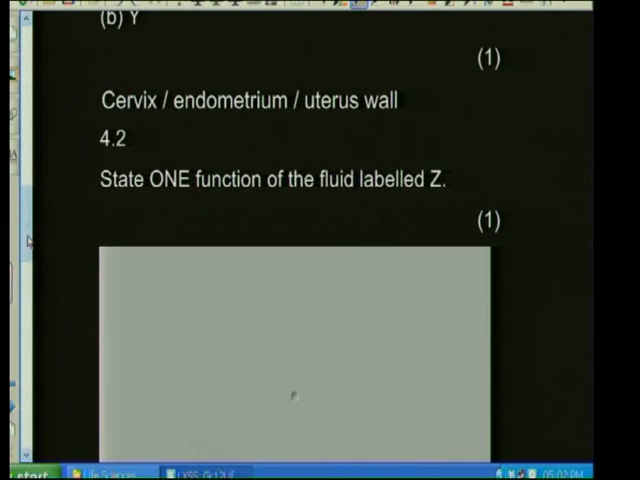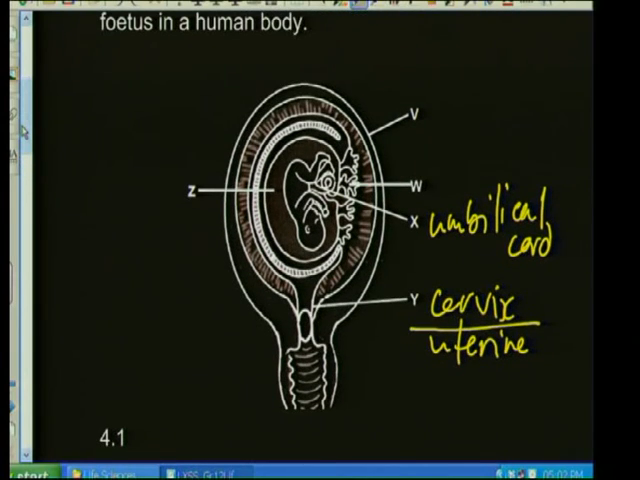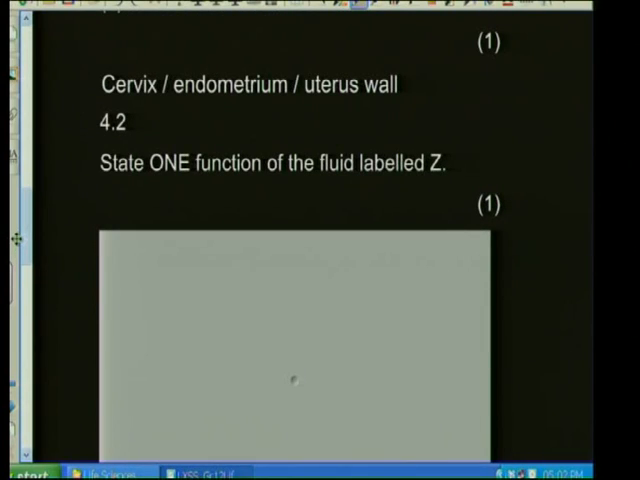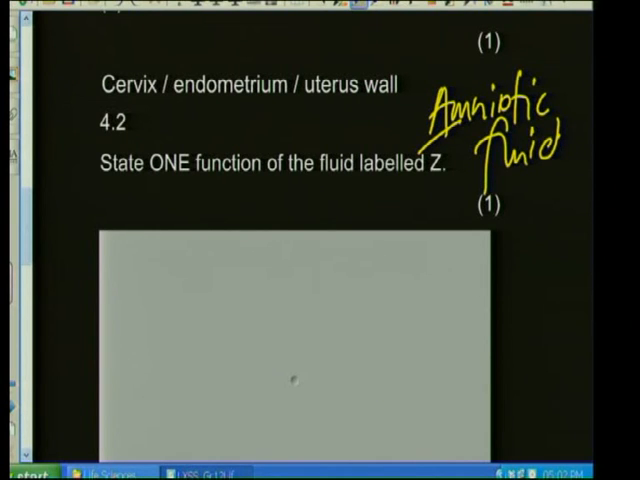State one function of the fluid labeled Z. Here's the fetus, and around it is a membrane, this membrane here, and inside there's fluid here. They want to know what is the function of that. So before we talk about the function, we must explain what it is. That is the amniotic fluid, and